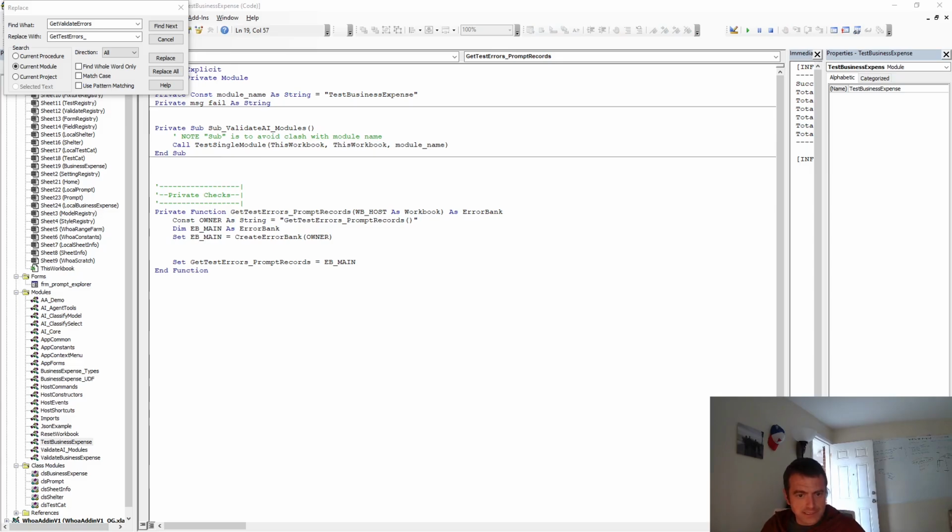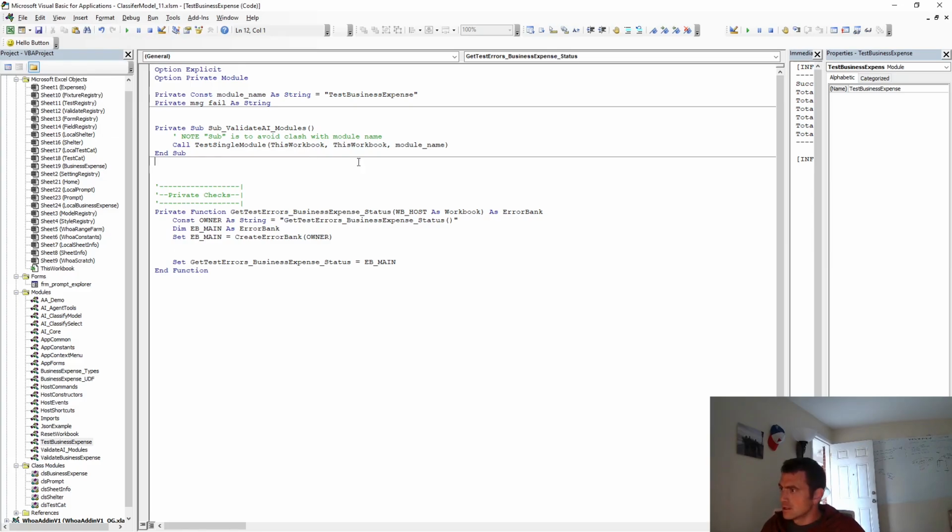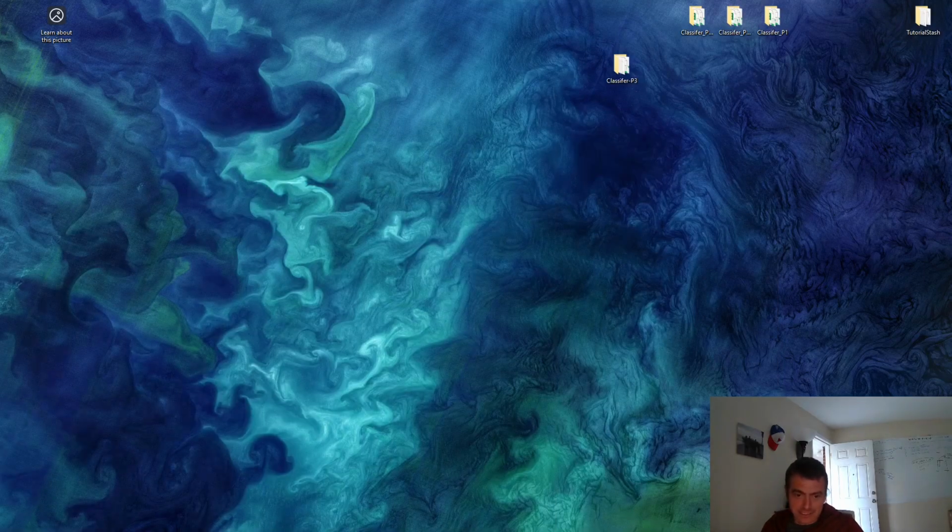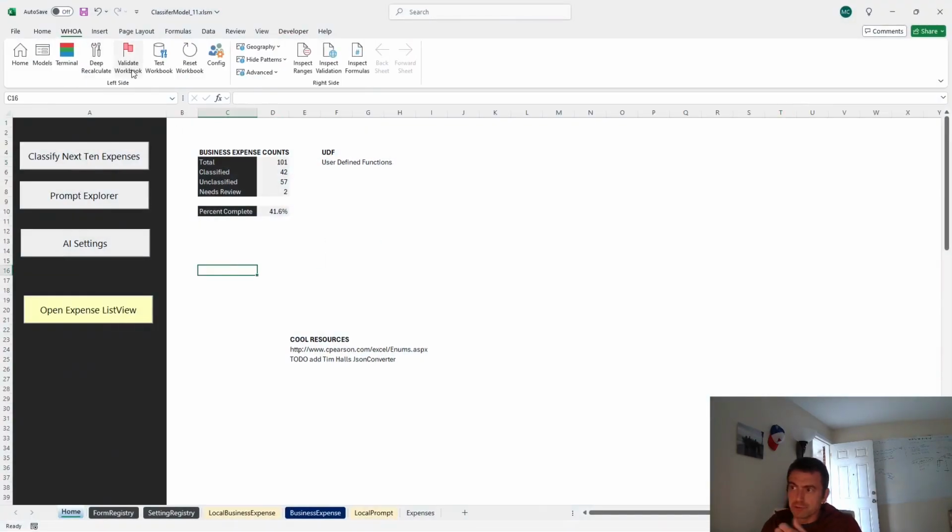Our first test function is going to be called this. So the distinction between testing and validation is by convention. The only technical distinction is that when you run this button, it's going to run every function in your workbook